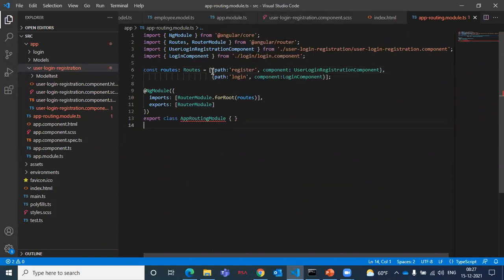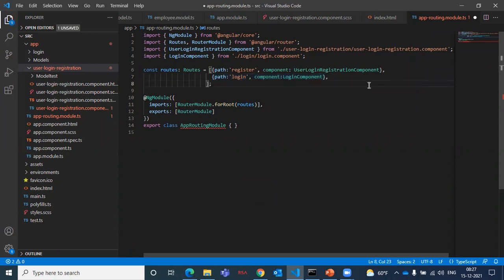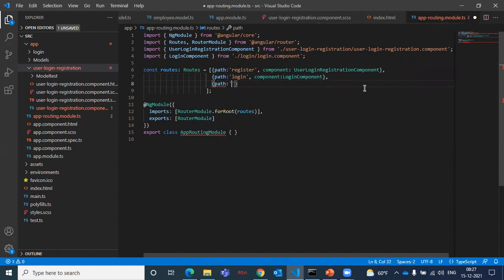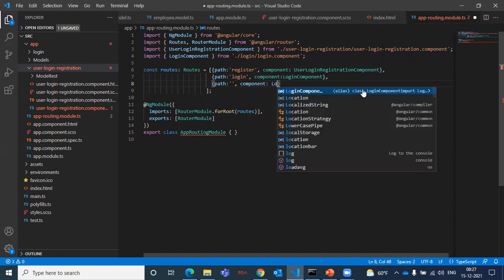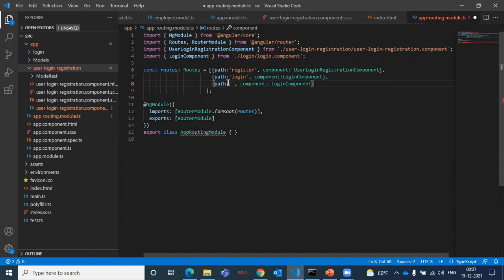Inside of that array, I am creating one object. This first object is responsible for one incoming request. The second object is responsible for one more incoming request. However many paths there are, that many we can add here. For example, you have the home page and so on. Sir, I don't have any path, simply an empty path. In the empty path, can I go? Yes, component is equal to login component. Sometimes the user will give only the URL, not any specific URL. In this situation, we will go to the login component. I will give the order of the components also.